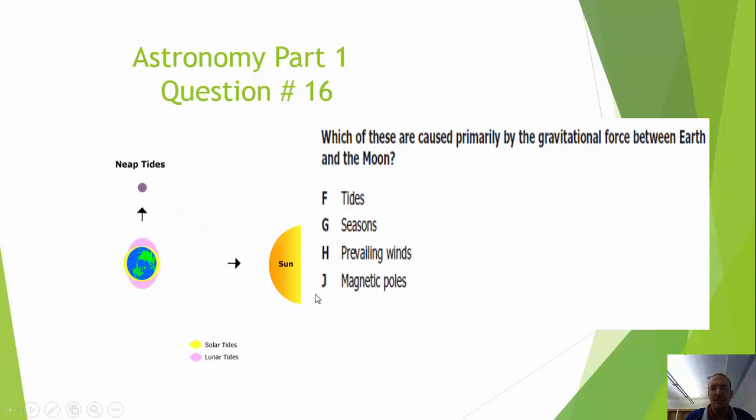So the best two answers that we even need to think about are the tides and the seasons. And as we just talked about, the seasons only deal with the tilt of the Earth on its axis. So the best answer here is tides. Again, when they're in a straight line, 180 degrees, we know that they're in gravitational control. When it's a 90-degree tilt away, it's not going to be as strong. So the gravitational force of the Moon and the Earth is going to be more responsible for the tides. Best answer here is